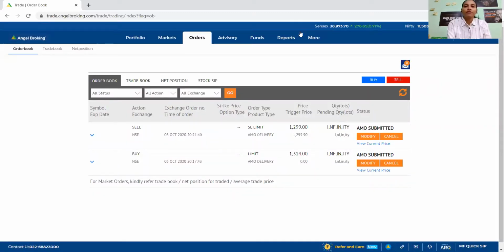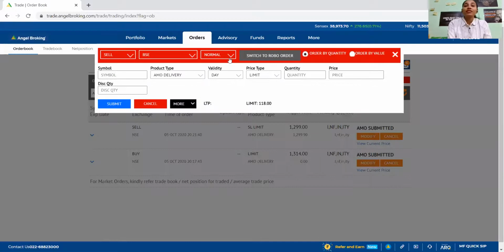Did you get this? If you understood, type yes in the chat section. So what we did, I bought a share, and then I placed a stop loss for it. And similarly, I also place a target in the market. So how do we do it? Again, for the buy, my target will also be a selling price, but it will be above.